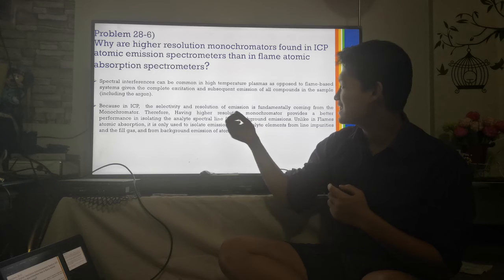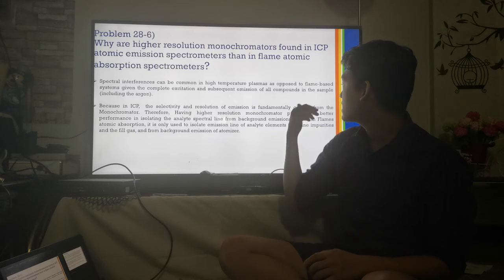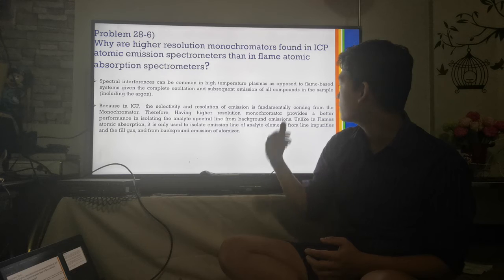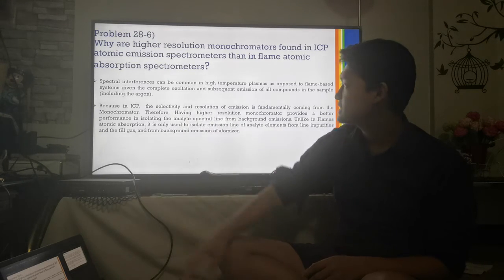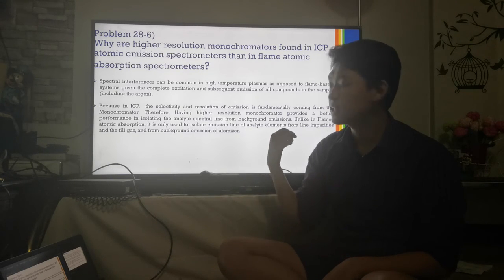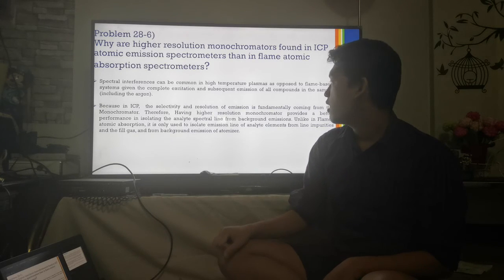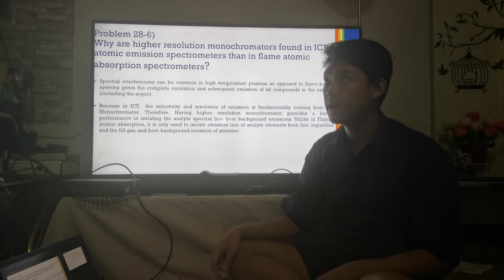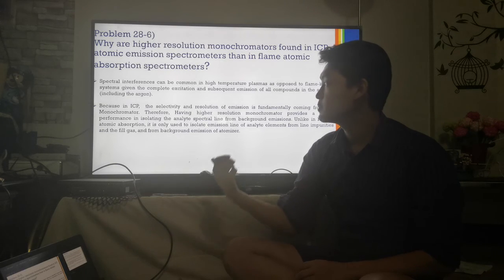we can conclude that spectral interference can be common in high temperature plasmas as opposed to flame-based systems, given the complete excitation and subsequent emission of all compounds in the sample, including the argon. So what it basically says is that the temperature of plasma is far higher than that of these flame-based systems. In here, it can excite or ionize far more samples,